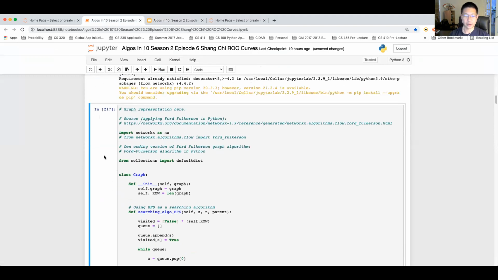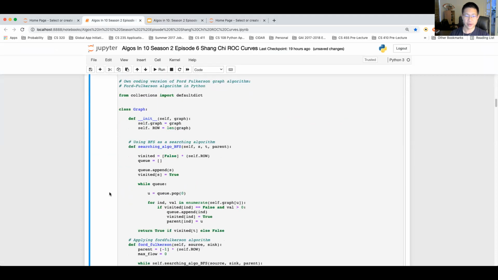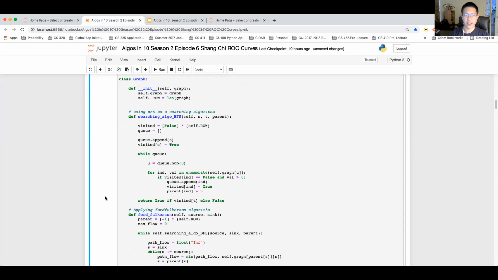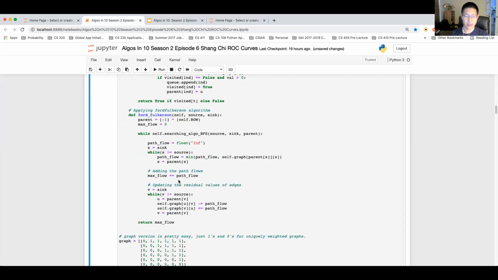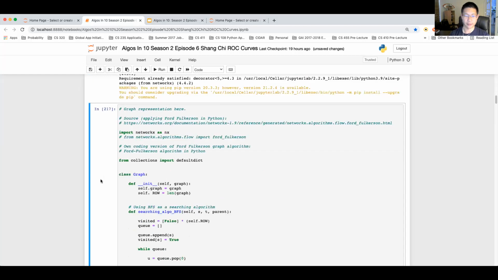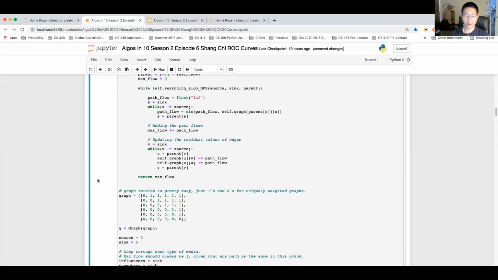Quite straightforward, actually. You have a graph collection, a graph structure with init and row. You want to basically use a BFS, a searching algorithm, to find whether we have the optimal shortest path. If we do, you can append it; if not, check its parent. Then you apply the Ford-Fulkerson over here. By the way, this is actually not my original code. This is something I modified from somewhere else, but you can use it as a model.